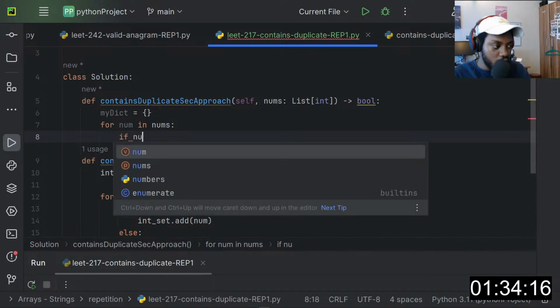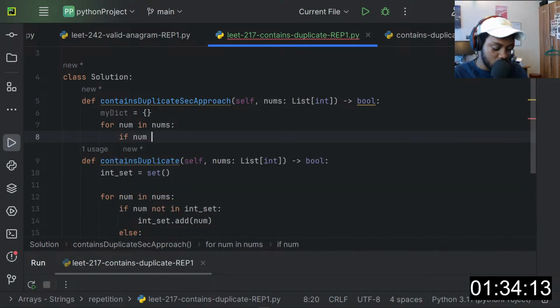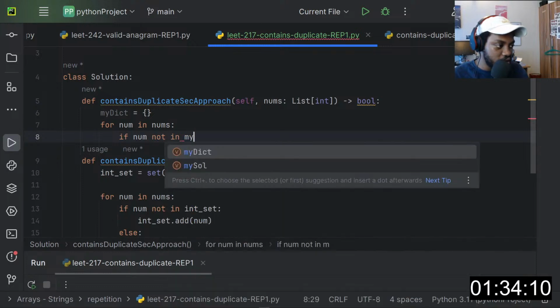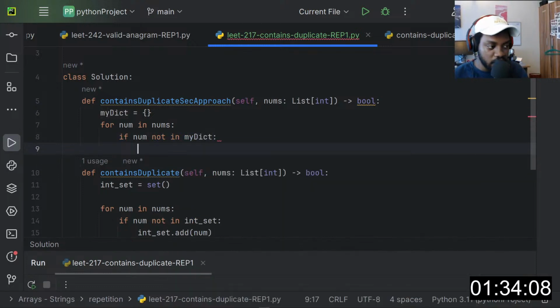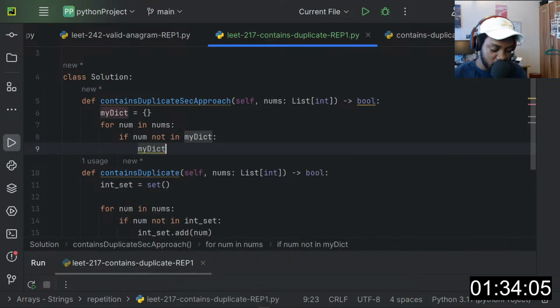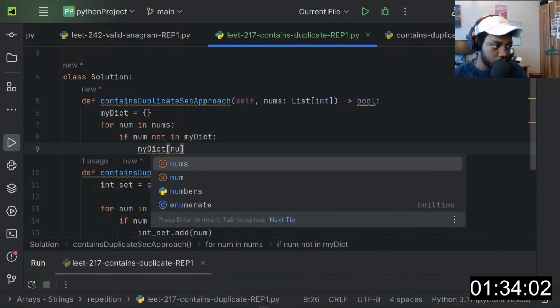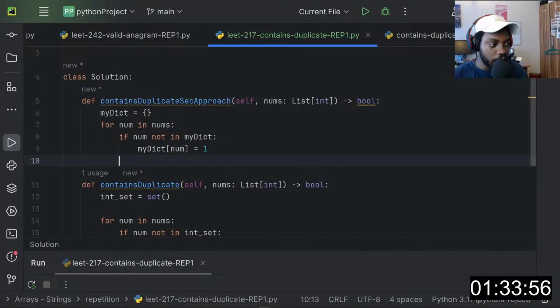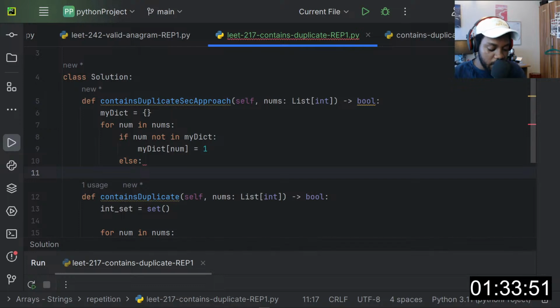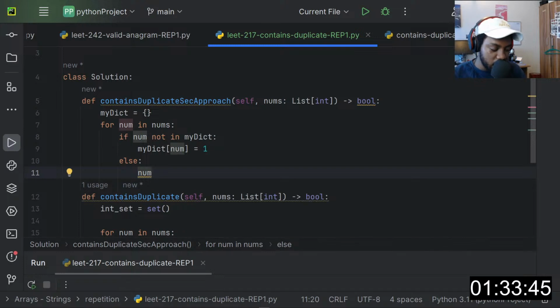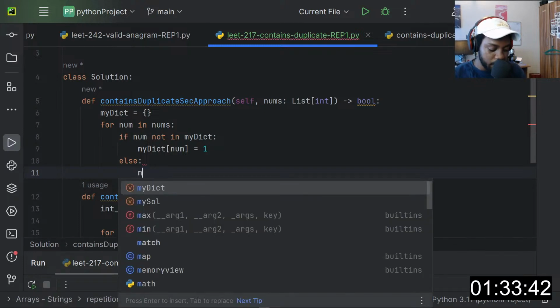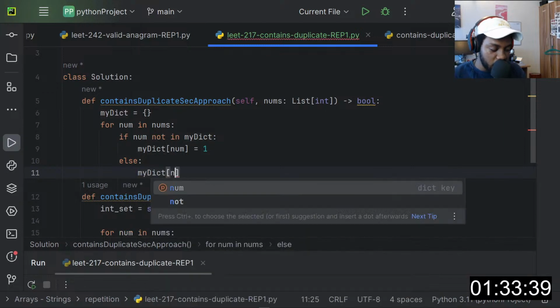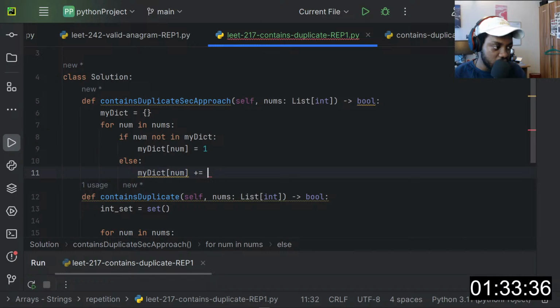So if num not in my dictionary, we can just do my dictionary at num equal to 1. So far we've seen it once, but the next time, if it's already there, my dictionary at num plus equal 1.